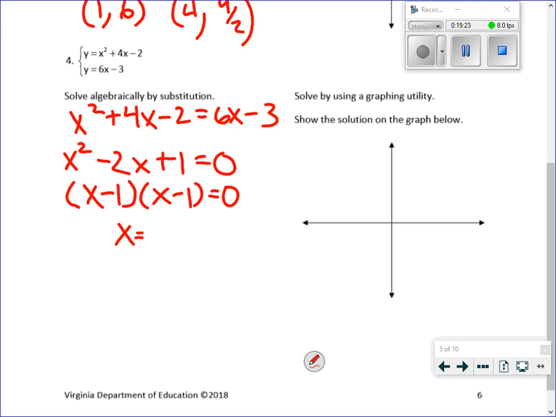Which means our x is equal to what? 1. So what do you already notice here? You're going to have how many solutions? Just 1. What was the y value? 3. So your one solution should have been (1, 3). All right, so